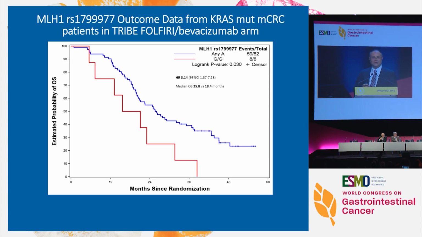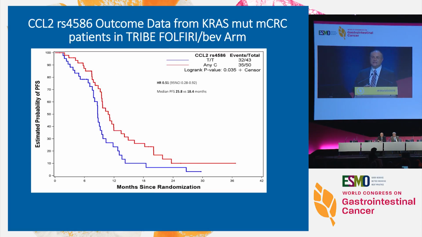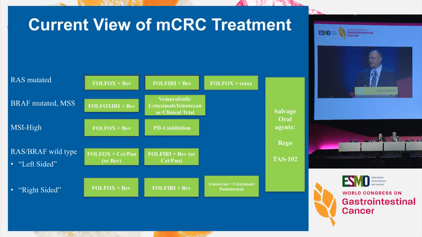But there are unique clues. Maybe we can develop better treatments. MLH1 activation seemed to be very important for the efficacy of chemotherapy in FOLFIRI-BEV in mutant RAS. So DNA mismatch repair may play a role. Is that important? Or immune regulation, CCL2, one of the major factors for tumor-associated macrophages. Again, only positive in mutant, indicating again a link to the tumor microenvironment, the tumor macrophages and not the T cells. So there are unique opportunities we see in the clinic and preclinical models to develop better treatment options.